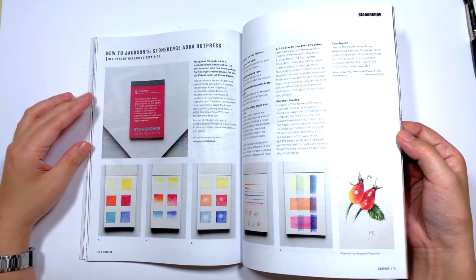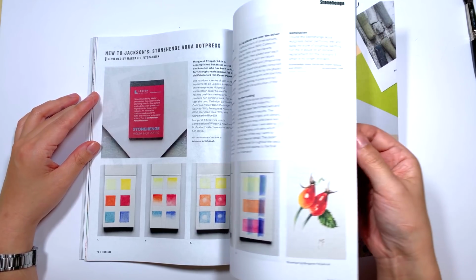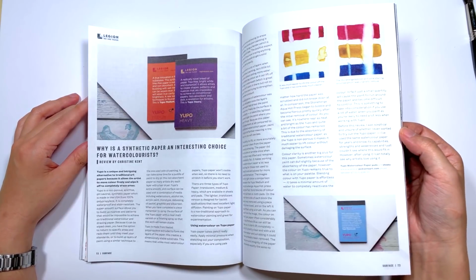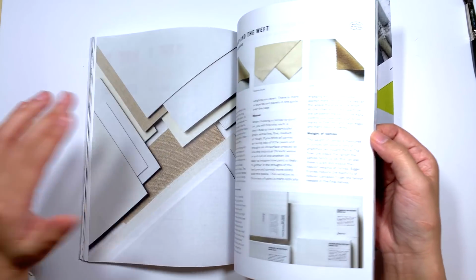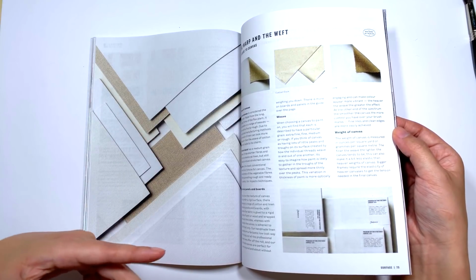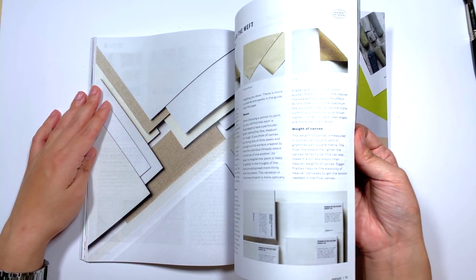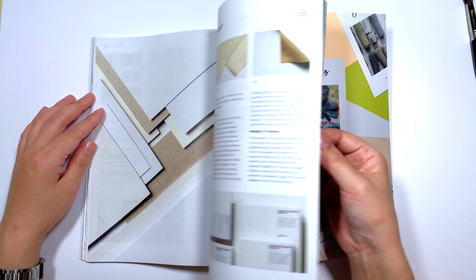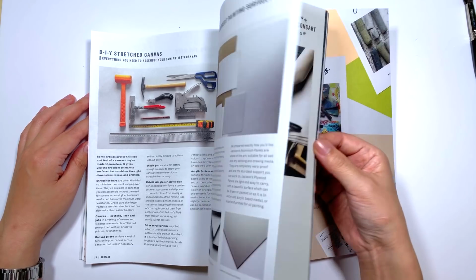I don't know how frequently Jackson's is intending to release different issues, but me personally, I am definitely going to be keeping the issues and then look back on it to read more about a particular art supply that I've seen in this magazine. And then we go into canvases and things which are not as relevant to us as